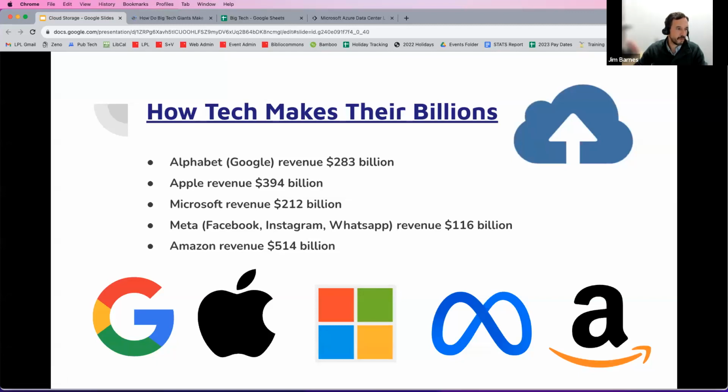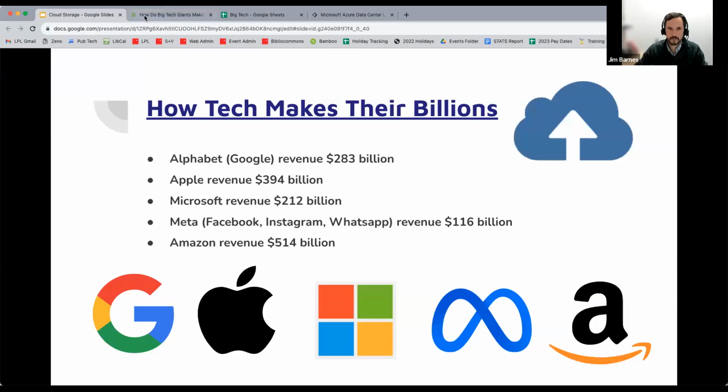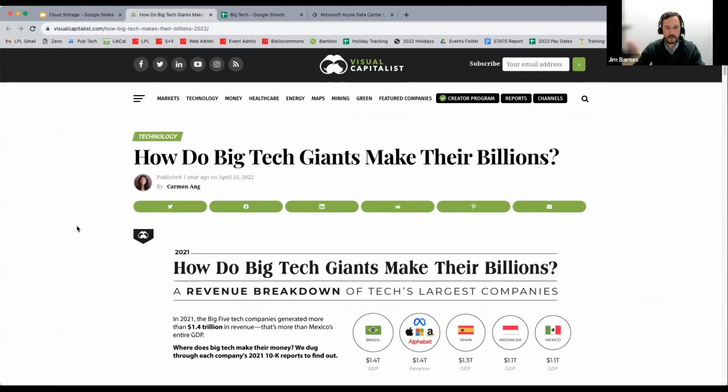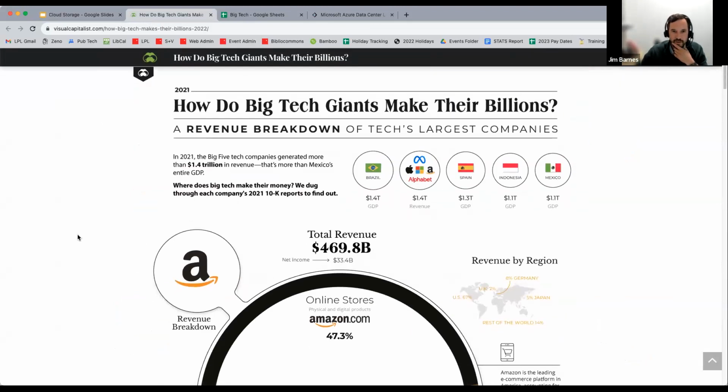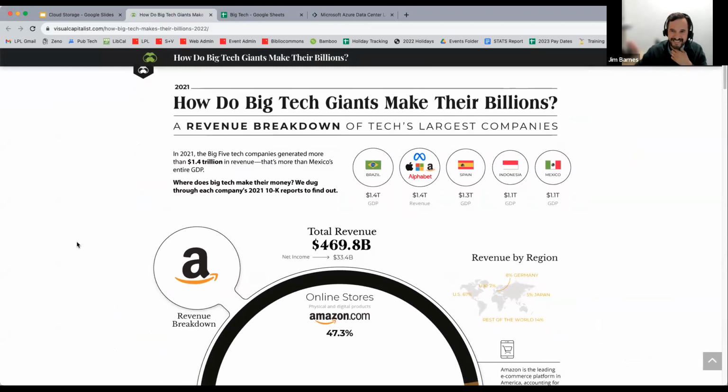Got another link for you. Okay, so this is something that I found that I thought was pretty interesting. How do big tech giants make their billions?